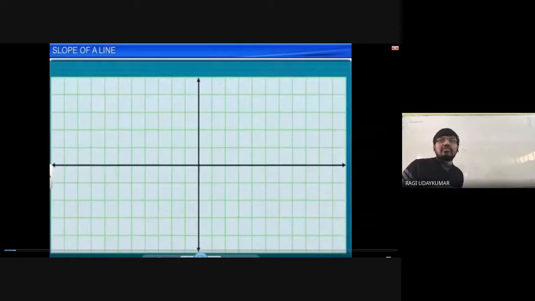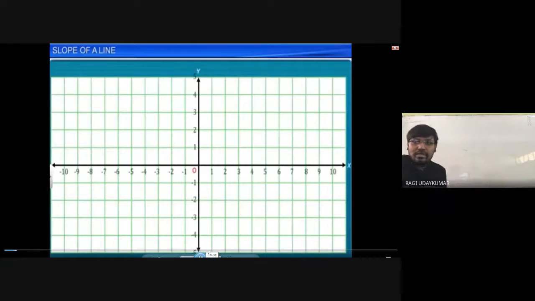The first basic thing you know is that this is actually part of coordinate geometry. We call it coordinate geometry or analytical geometry. As a part of that, we are going to learn this. You know that the total plane is divided into four parts by two mutually perpendicular lines. The horizontal line is called as